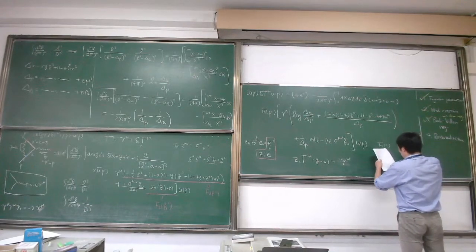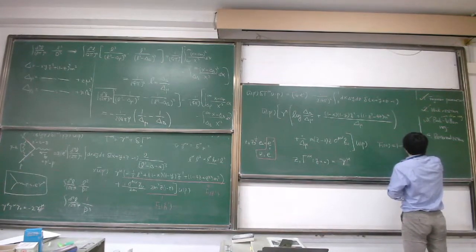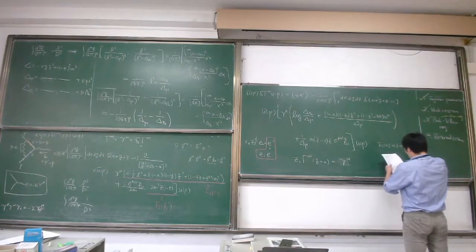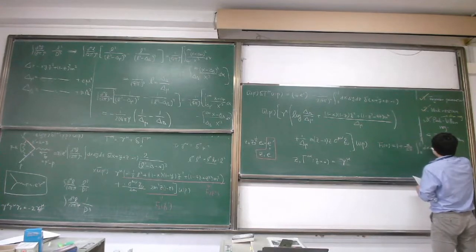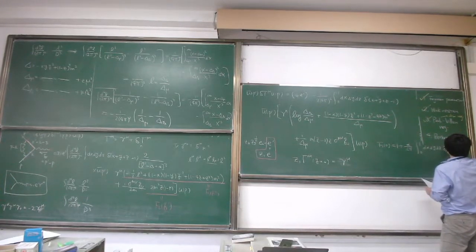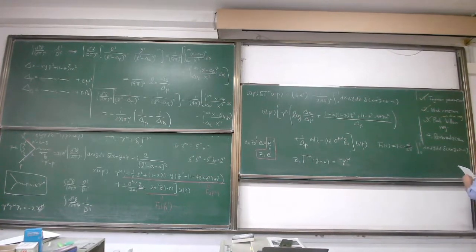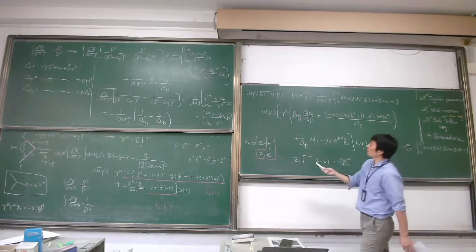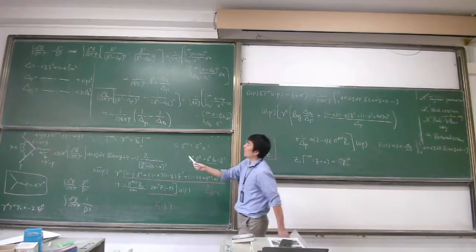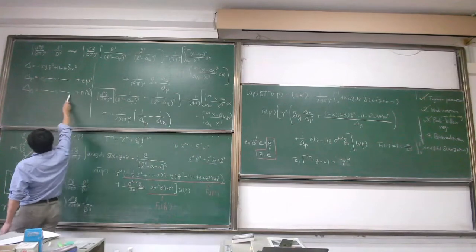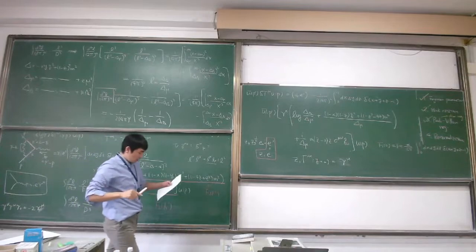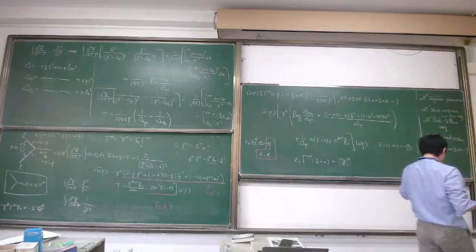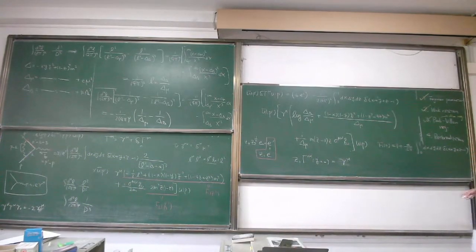So F1 of 0 can be understood as 1 plus alpha over 2 pi, and then the integral from 0 to 1 dx dy dz delta of x plus y plus z minus 1. And then, as lambda goes to infinity, you can ignore the rest of the terms, because the rest of the terms are very small. So what we have is that the